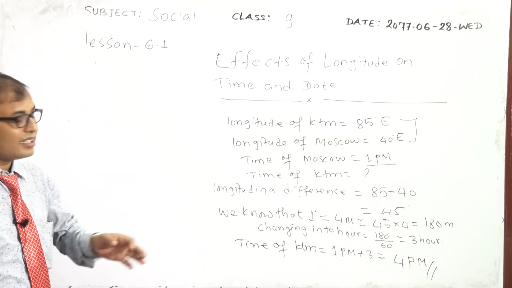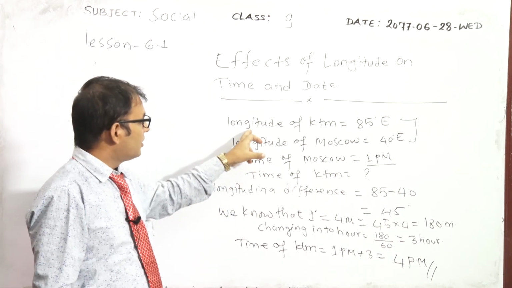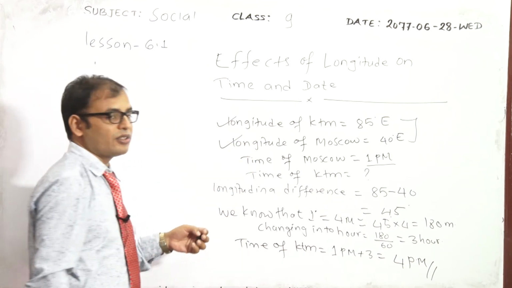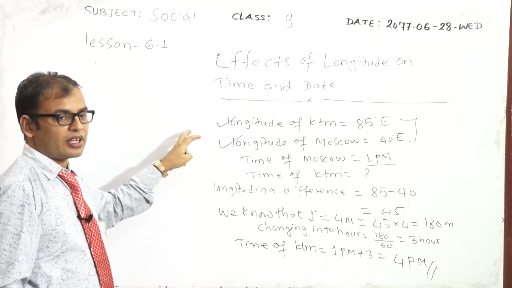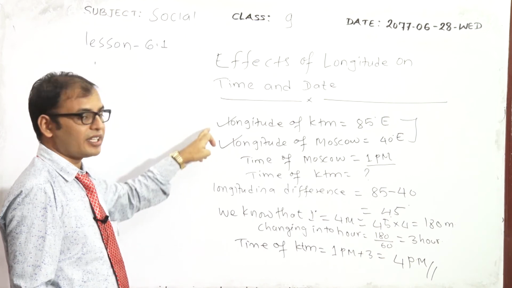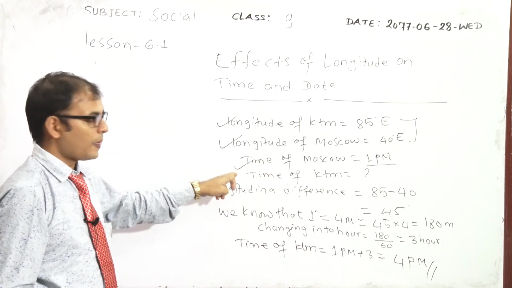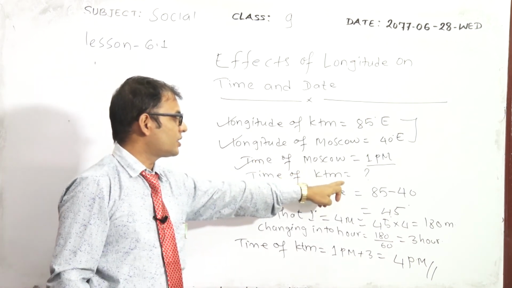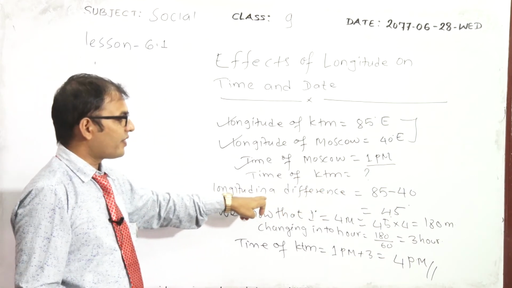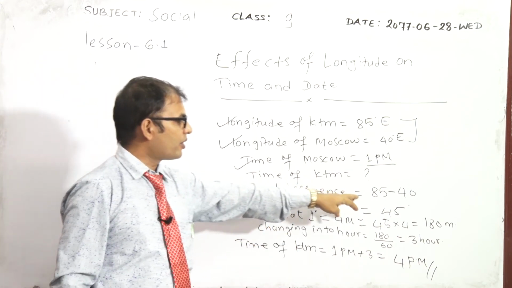So, that is the answer. I think you are clear now. So, with the help of the longitudes of two places and the rules I have told you, for taking out the local time we should know the longitude first of all. Here the longitudes of two different places are given. Similarly, the time of one place is also given and the time of another place is asked of us. So, we took out the longitudinal difference, that became 45 degrees.